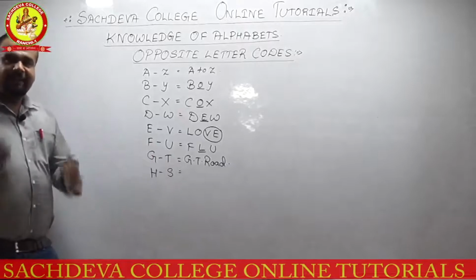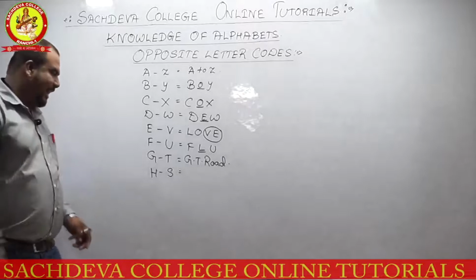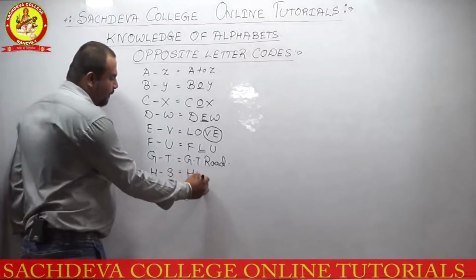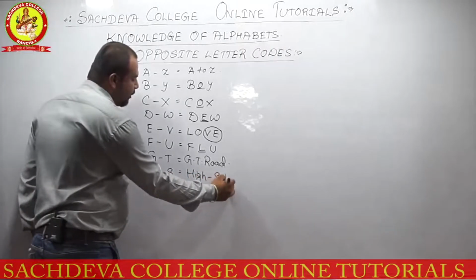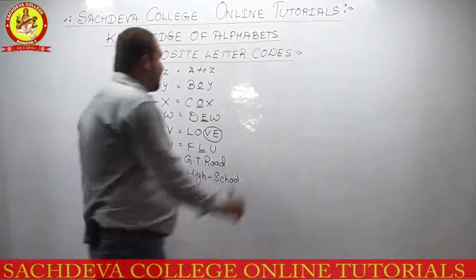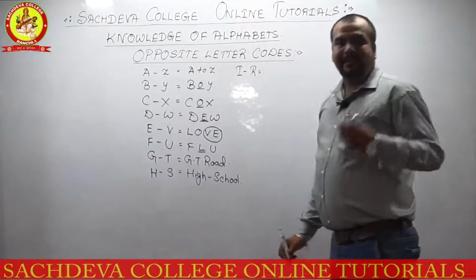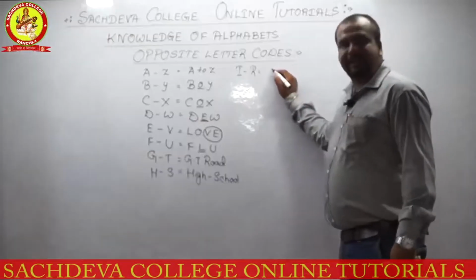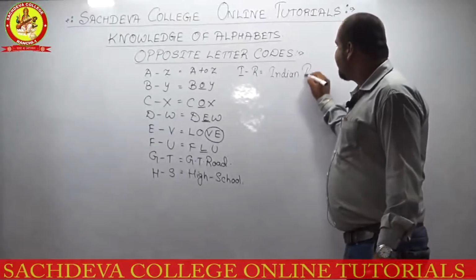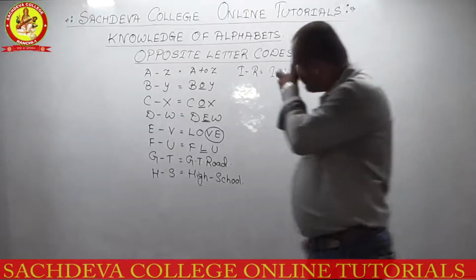HS. Everyone over here, all of you students who are preparing for competitive exams, have gone through this school, and this school's name is H for High and S for School. Okay. Now F, G, H, then you have I. I, R. The world's densest railway network belongs to Indian Railways. I for Indian and R for Railways. Yes or no? Then